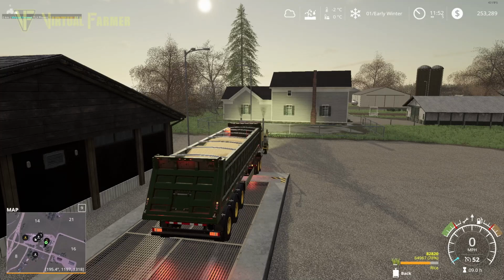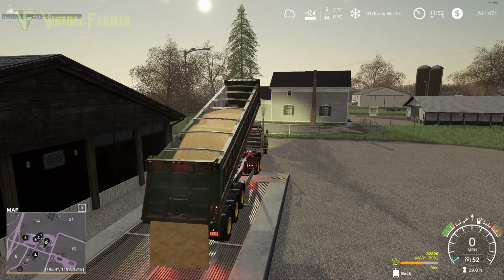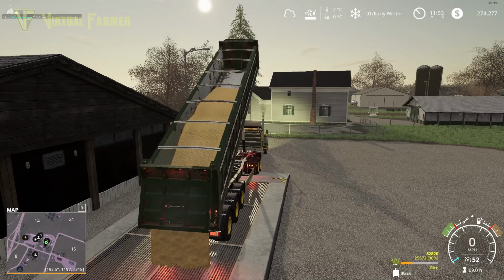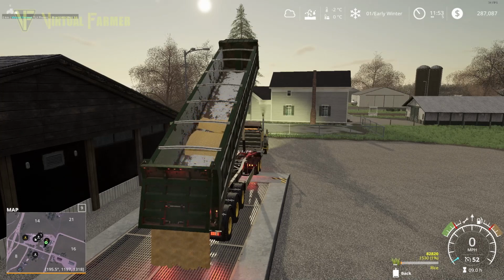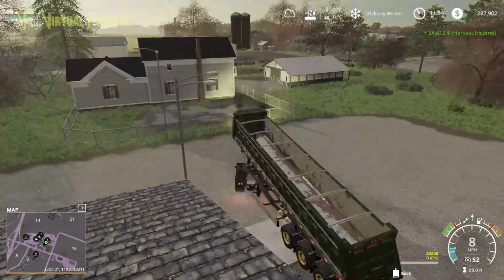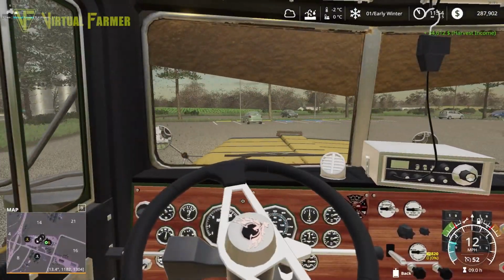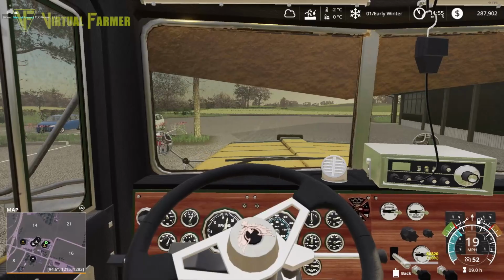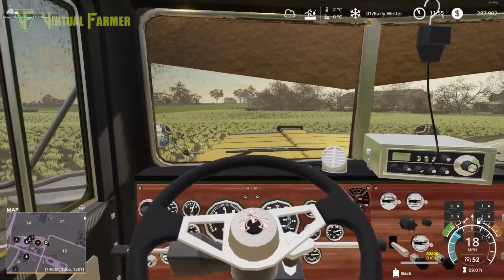Let's tip this. And there we go. A nice excess of rice. And oh, it's going to take us up to nearly $290,000. Yeah, 34,000. So actually, we made 20,000. We made basically what we would have made had the contract been successful without any excess crop. So yeah, we still made less than we would have, but we still made a decent amount of money off that, and it's got us nearly up to